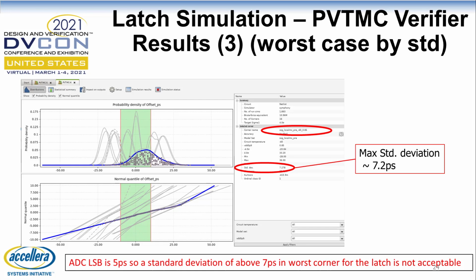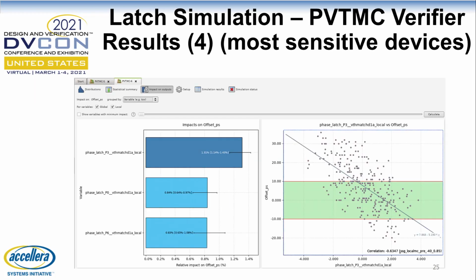The other key observation, looking at the quantile-quantile plot, the bottom plot in the GUI, is that the tail of the distribution is non-Gaussian, which tells us our previous approach, in which extrapolation is based on the assumption that this is a Gaussian distribution, would have led to inaccurate results. PVTMC Verifier's built-in sensitivity analysis shows which transistor device is the most sensitive to variation and its